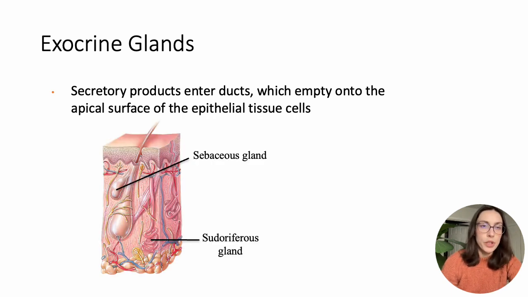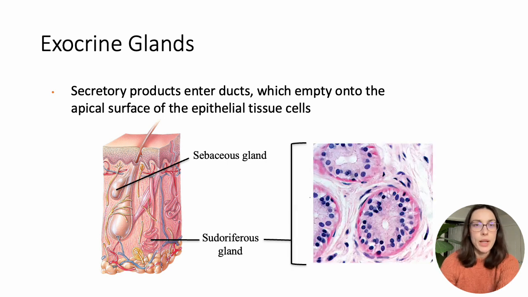Here we have a sample of human hairy skin. It's showing us a sebaceous gland, right, where it produces sebum or oil. And here it's showing a sudoriferous gland, which is just a sweat gland, like your regular sweat. And if we zoom in to this sweat gland, you see that this hole is the lumen. That's the inside of the tube, or inside of the duct. And lining the duct, we have cuboidal epithelial cells. And depending where you are in the duct, some places have 2 layers of cuboidal epithelium and some places have